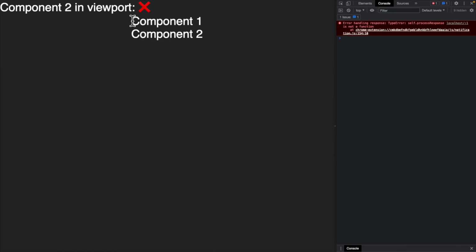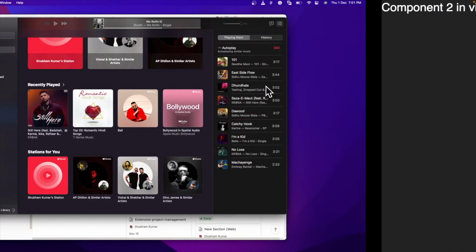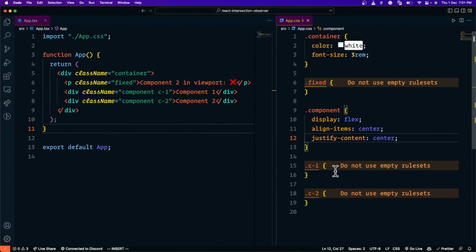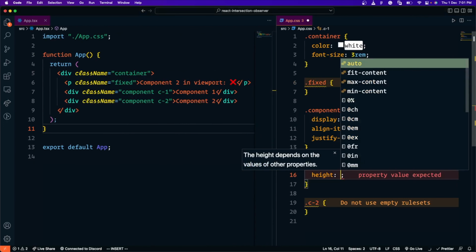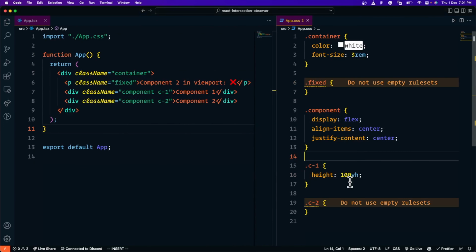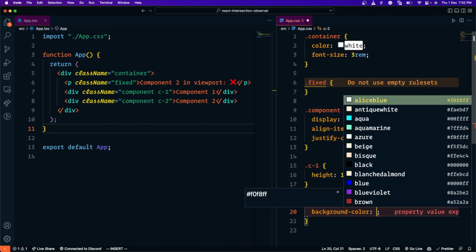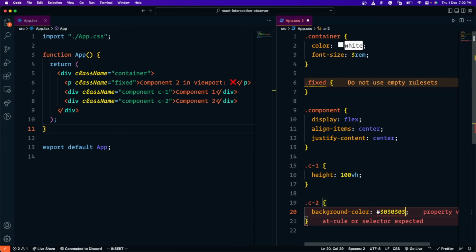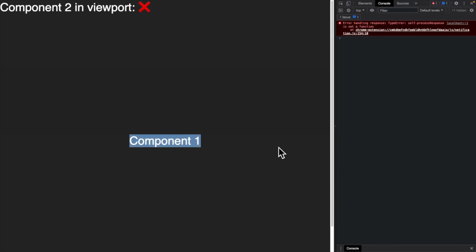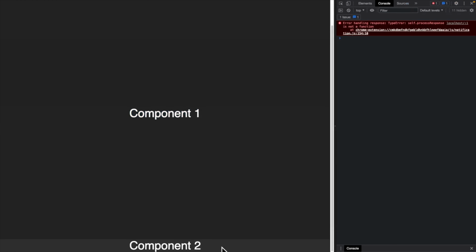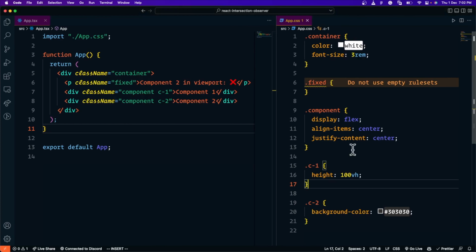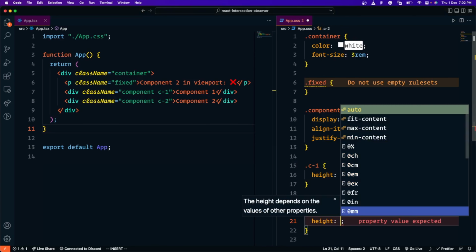Now let's give this component 1 a height of 100vh, and let's give a background color to this second component. So background color maybe the 30. Yeah, so you can see it has a different background color. Now let me give some height to this also, maybe